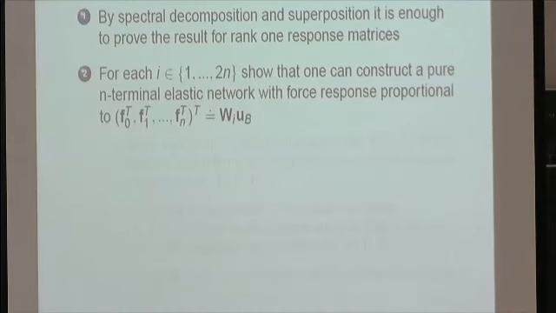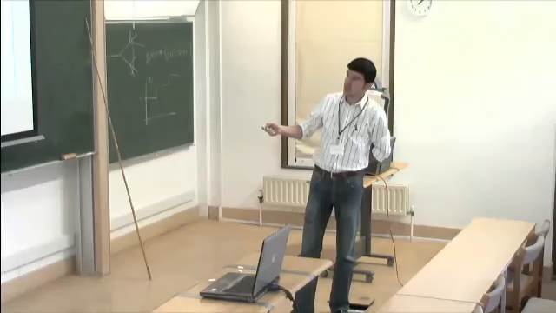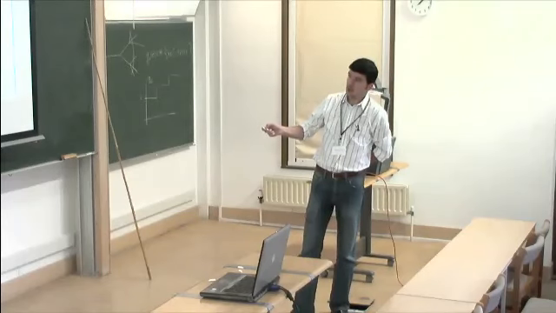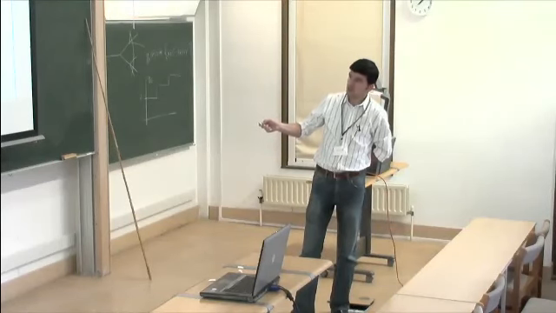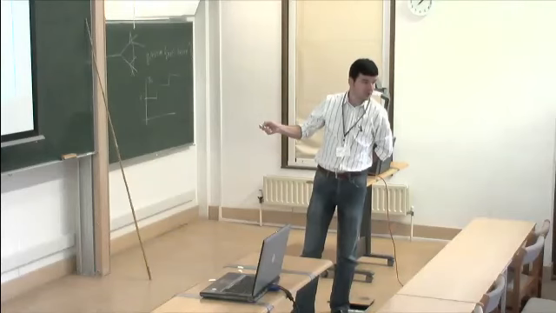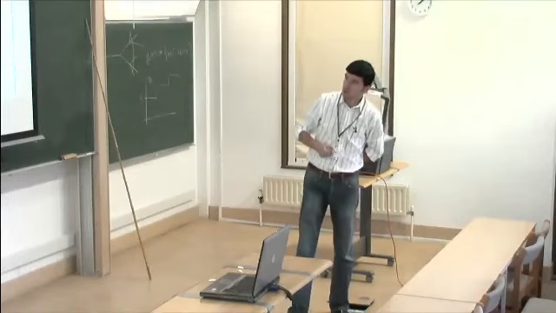Second step, you show that you can construct a rank 1 network, that is a network with a rank 1 matrix, for any m terminals having the force proportional to any n-tuple of forces, in our particular case of this form. So again, U and B are the displacements you started initially with, and if you can do that, then the problem would be solved